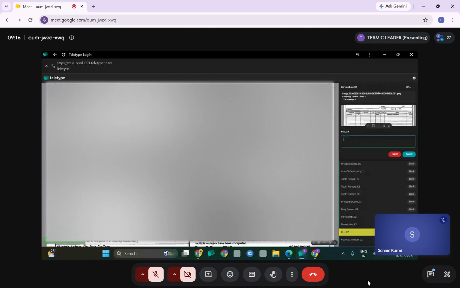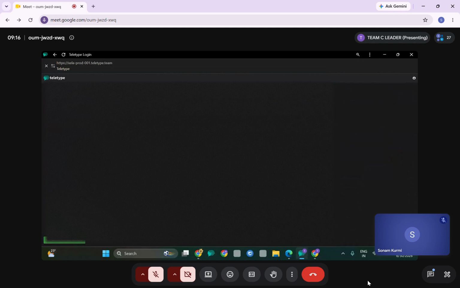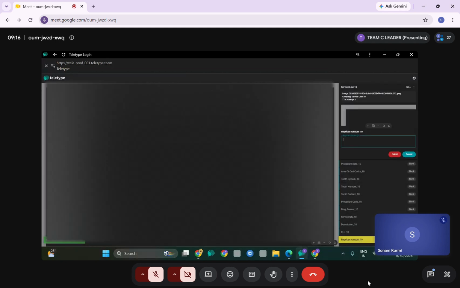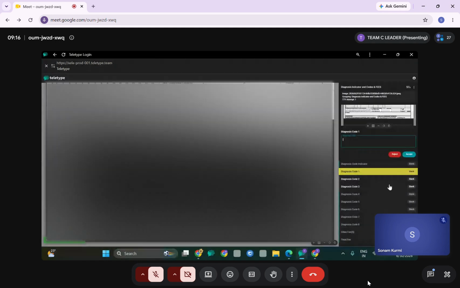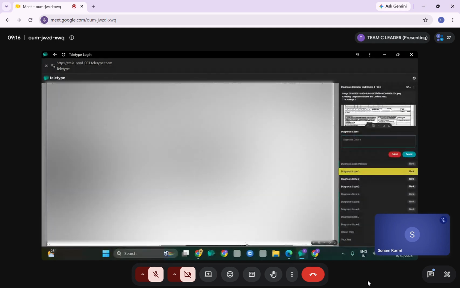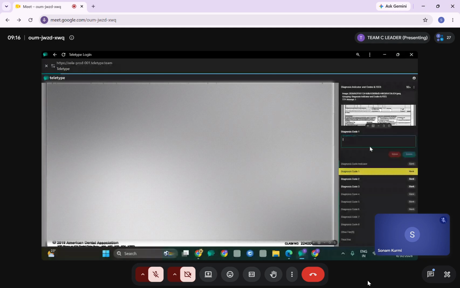Fee 2, there is no fee 2 here, only fee 1 is present, so blank and accept. This is how you are going to work, team. Diagnosis code A, B, C, D, nothing is present, so all blank and accept.